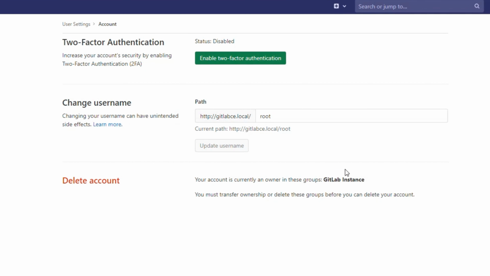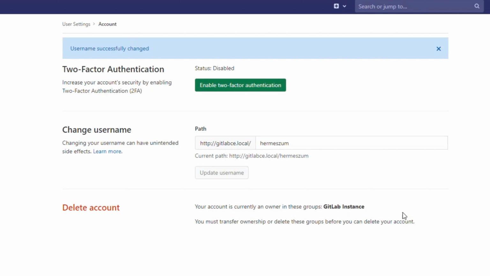Root is the default name, it is a security issue. So we can delete this account after we create another administrator account, but simply we change this name. Update username.